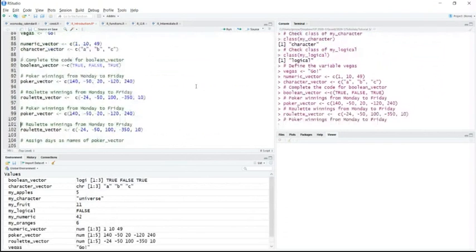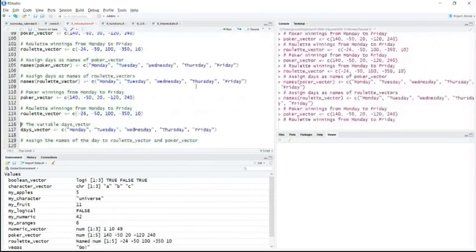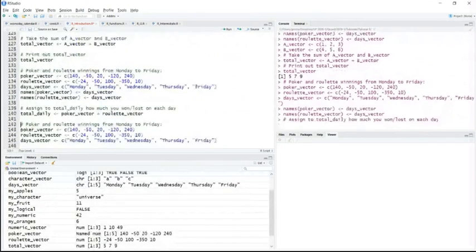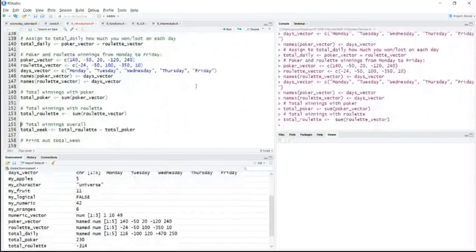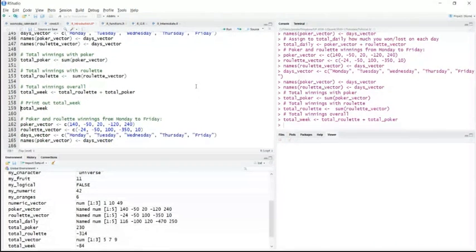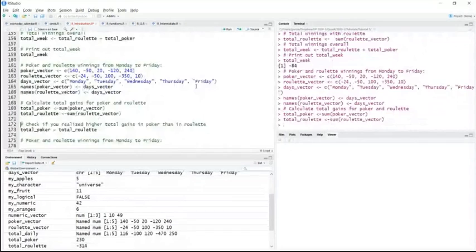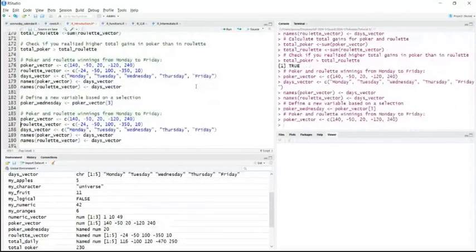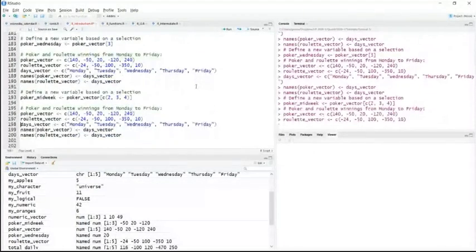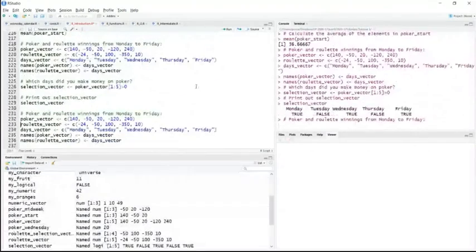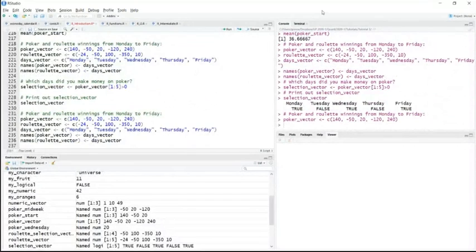We saw stuff with vectors. We saw how to subset vectors and other types of objects, how to do operations with vectors, how to name objects, some easy functions like names in order to name stuff, sum, mean, colMeans. We saw inequalities, subsetting with indexes, with names, operations with vectors,